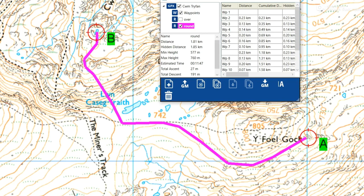So it's always worth thinking of other options rather than just immediately going for the obvious line. It might be that we can find a shorter or a slightly more efficient way of getting there. There are other ways of doing it, but those are the two obvious ones. So I hope that gave you some